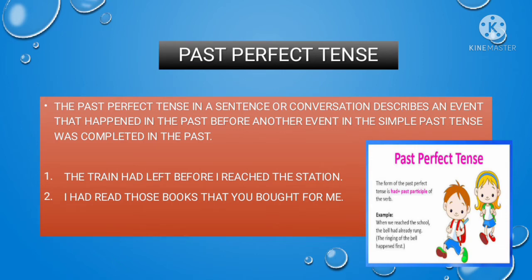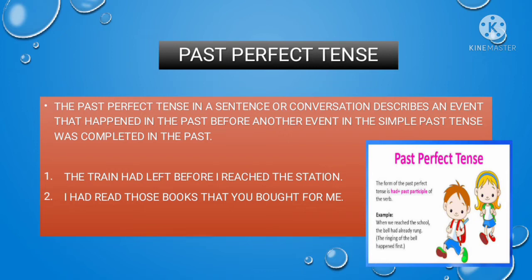Next, past perfect tense. Past perfect tense in a sentence or conversation describes an event that happened in the past before another event in the simple past tense. Like if you have two actions, and one action happened before another action. One action we will describe in simple past, another action we can describe in past perfect. For example: the train had left before I reached the station. So the train had left, that had left